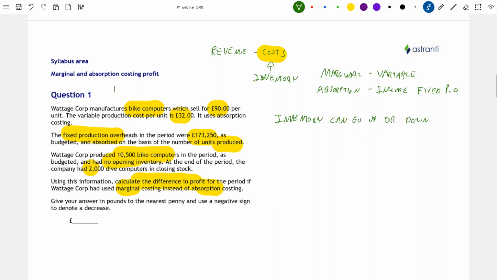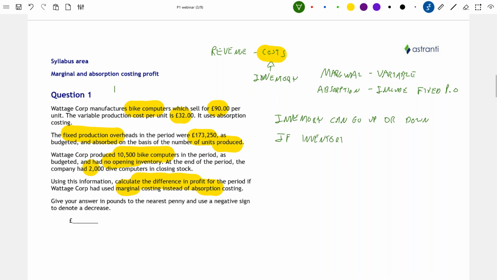It can also remain the same, in which case there would be no profit difference between the costing systems. However, normally it's going to either go up or go down by the end of the period from the beginning of the period. And it's when the inventory does change that there is a change in profits between the two systems. And the rule for you to remember is that if inventory increases,